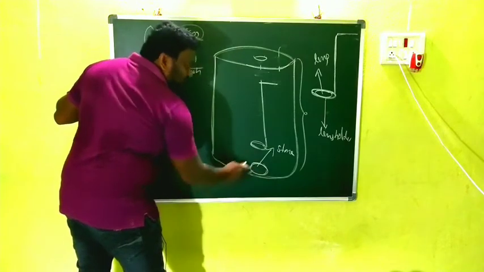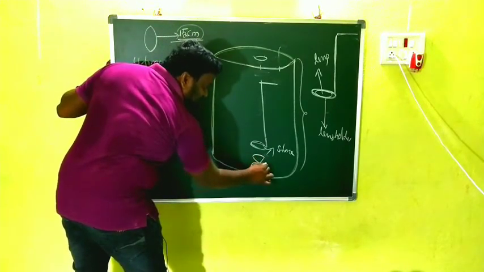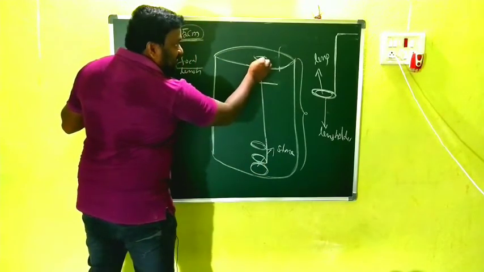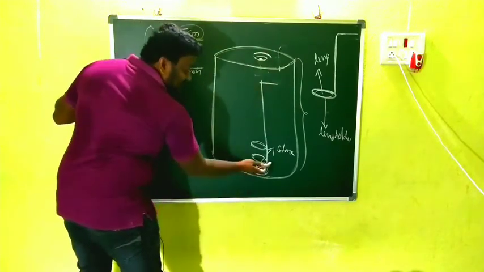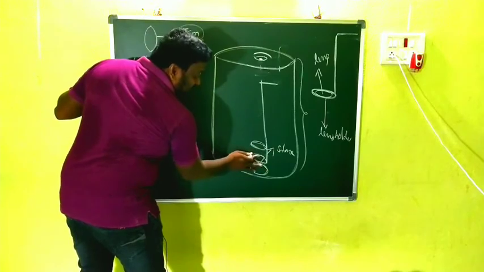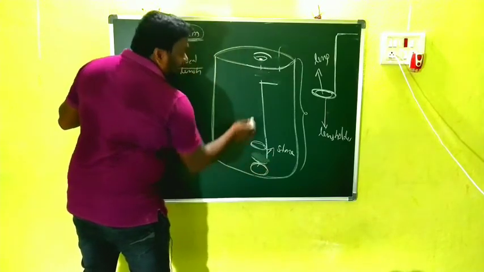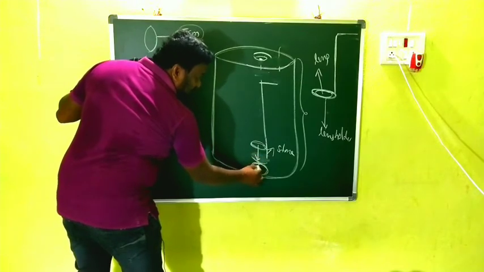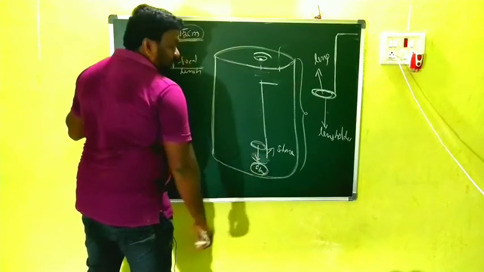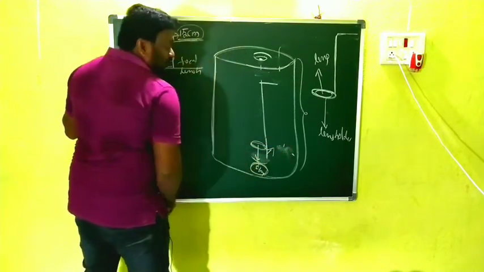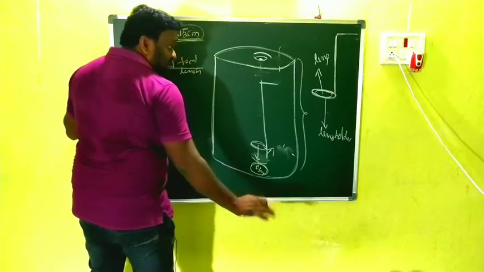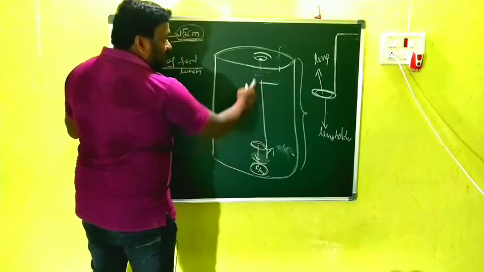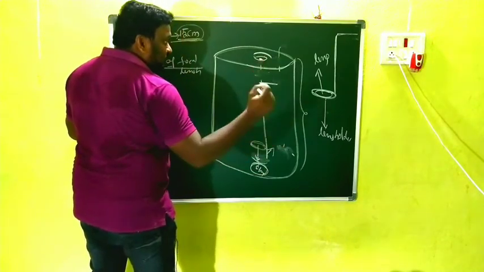Clear, children? First, the lens holder should be kept like this. At this position the lens holder is there, and the person is able to see. Now the holder is shifted to here, and he is checking again through the lens whether he is able to watch the stone or not. So this is the stone. Again, clear, children? First the lens holder is above the stone, then he was checking whether he was finding the image or not.